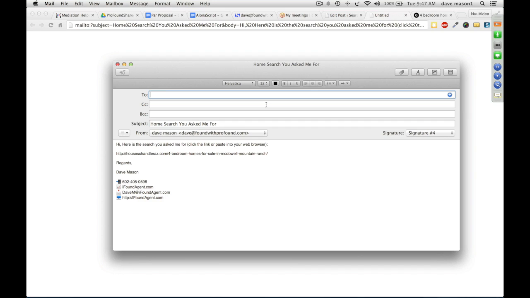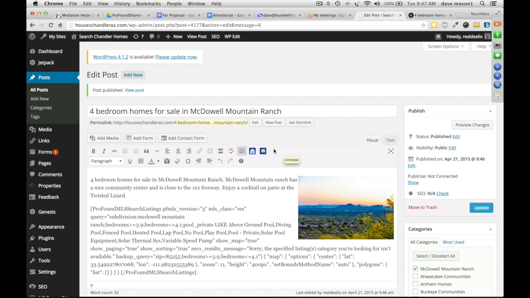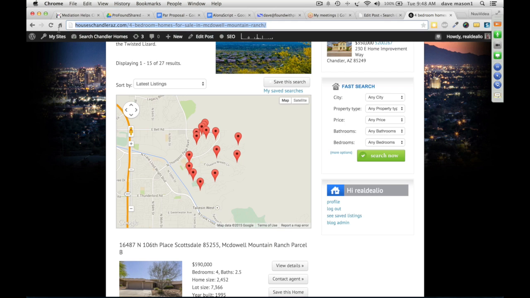I'm not sure on Outlook 365. I'm still working on that. Might be they're having a little problem with it. It's automatically posting my link in with a quick little note, which you can change as well. And then I can just email it right out of my program, right from the WYSIWYG. I don't have to copy and paste anything. So that's pretty cool. We're going to be doing some more development in here in automating what you can do with these links. So, the other thing that you can do is you can now take this link